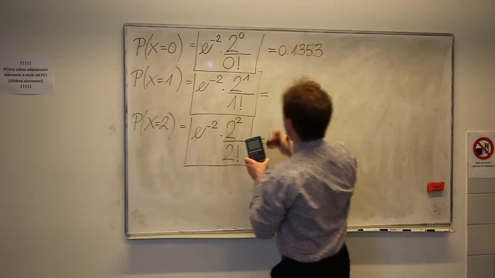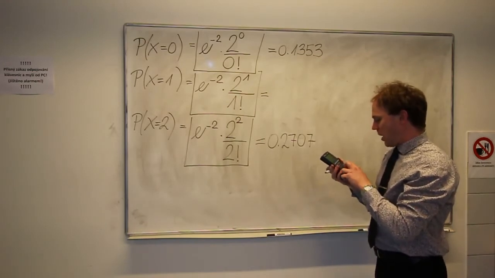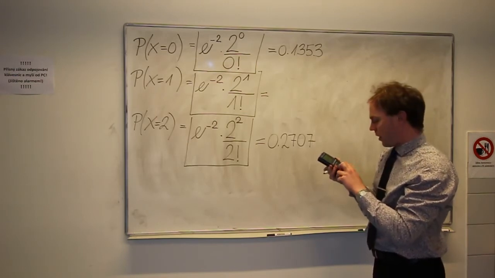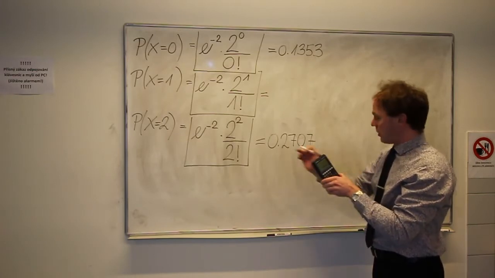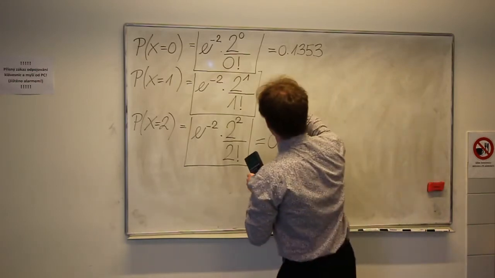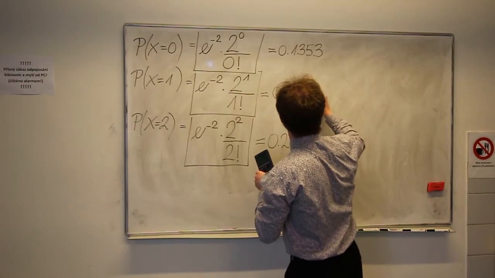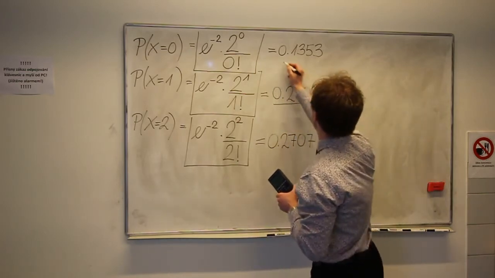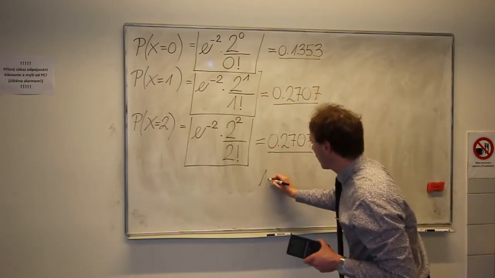0.1353. Okay, and here Euler powered by minus lambda times lambda powered by 1 divided by 1 factorial, enter. 0.2707. Yeah, the same result like here. Okay, so we have 3 results, and now 1 minus probability